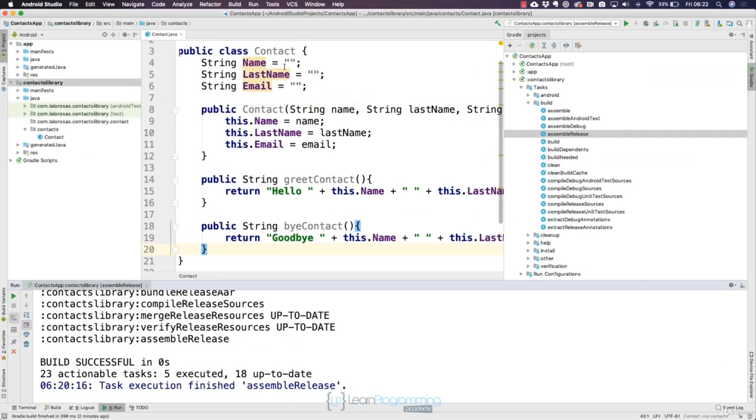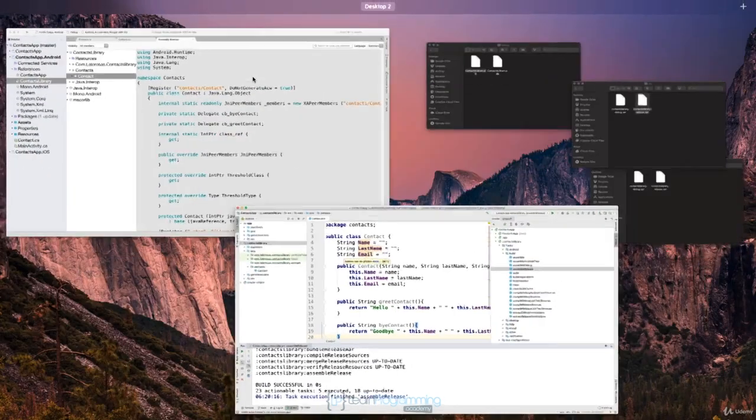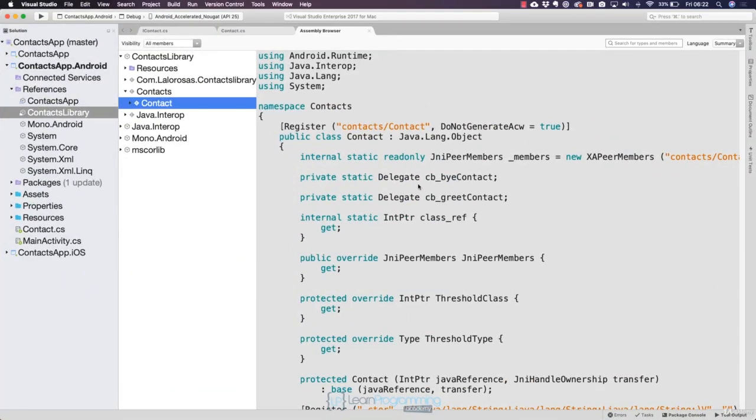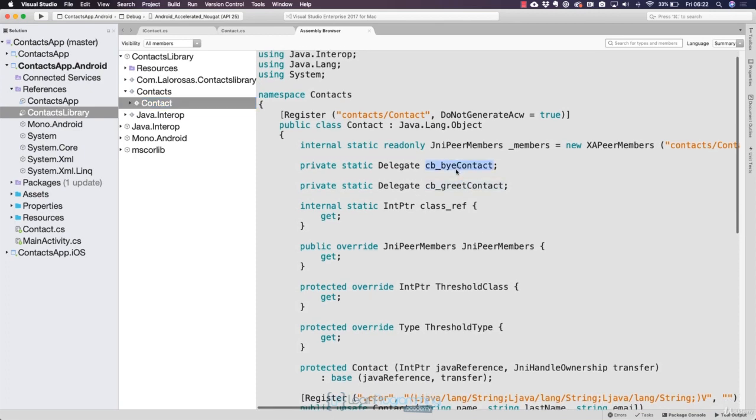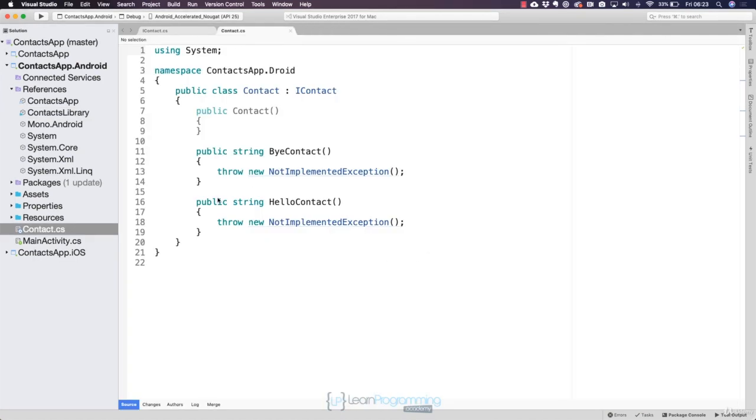If you can see, this has the greet, the bye contact, the name, last name, email, and that is exactly what I have here. The greet, the bye contact, the methods right here, register, the constructor. So I will be able to access that class right from here. So for the bye contact, I will simply call the bye